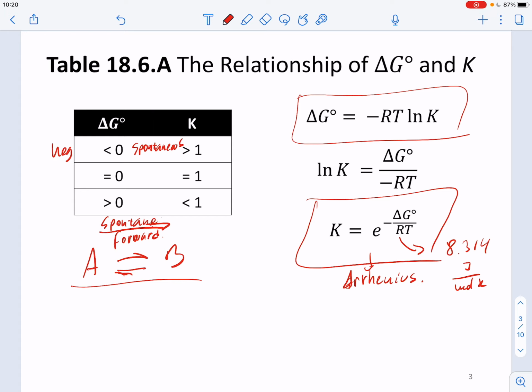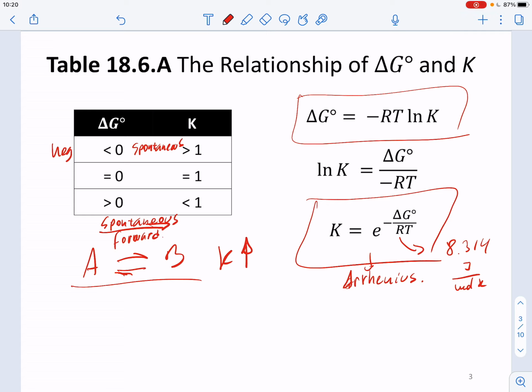If delta G is negative, that corresponds with a high value of K. If K is large, products are favored, and you say that the reaction is spontaneous in the forward direction, or you also say the forward direction is favored. Okay, when delta G equals 0, K is equal to 1,